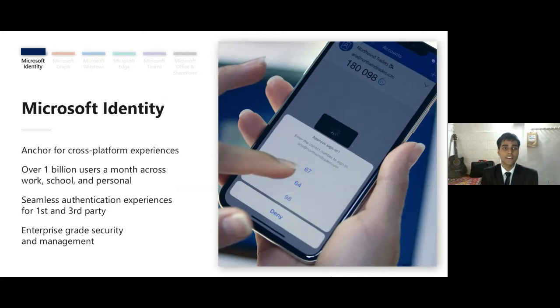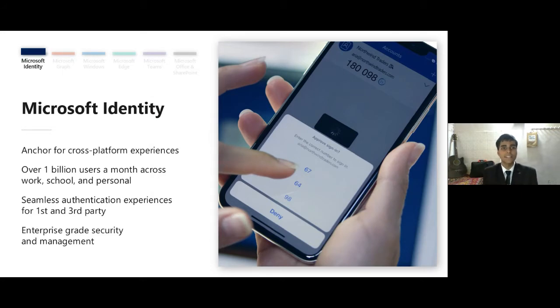So what exactly is Microsoft Identity? Microsoft Identity, you all must have seen many times while logging in to your accounts, you probably tend to forget your passwords. And instead of remembering all those passwords, how about your device will allow you to sign in? That's what exactly identity means. Identity, in simple terms, is like establishing your identity to the service provider in such a way that you are an authentic user can be proven easily. So in simple terms, just by clicking on yes, are you trying to log in? Yes, or else if there is any kind of number being displayed to verify, we click on the same number and you log in.